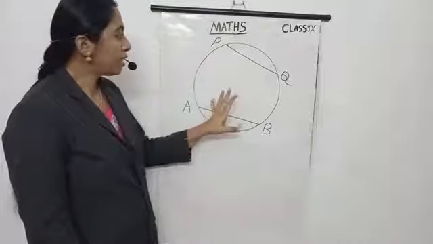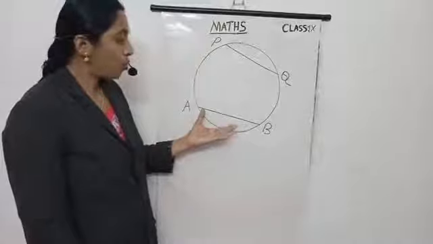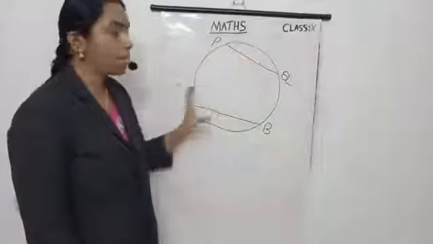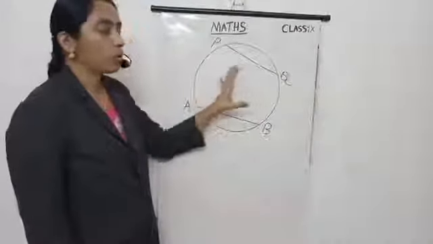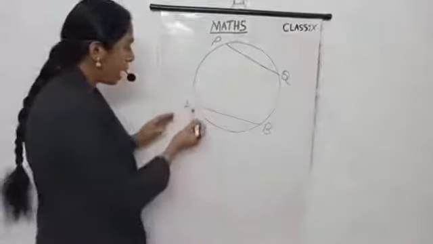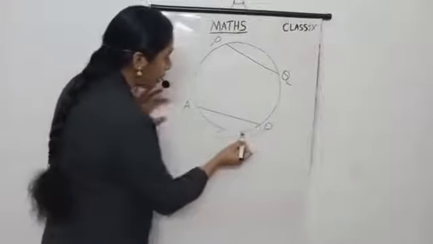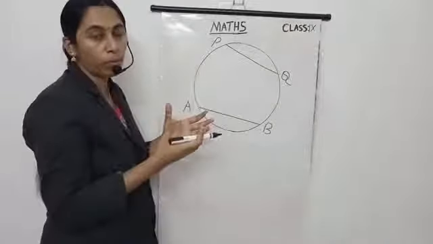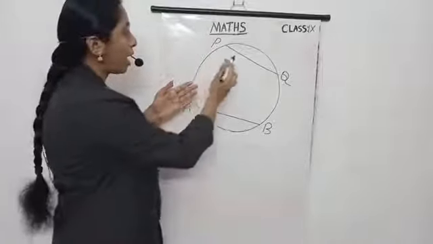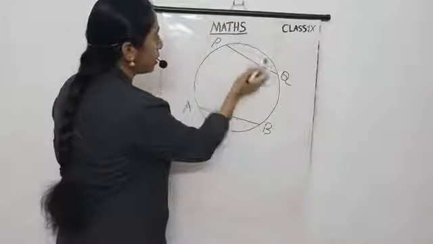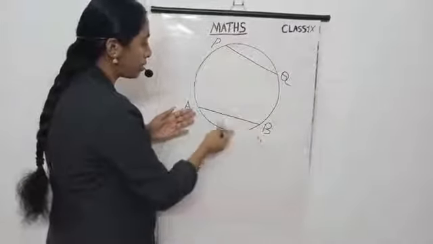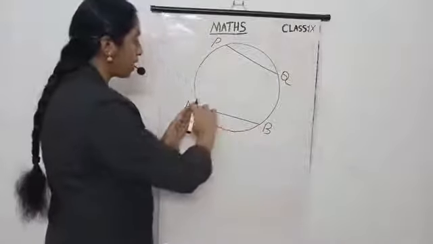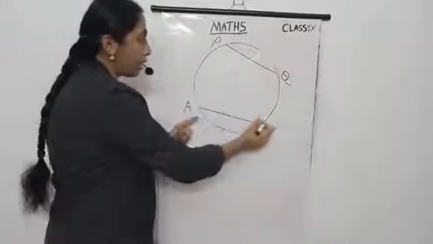Now consider a circle. Two chords are given, chord AB and PQ, such that both are equal. These two chords are equal. Then the arc made by this chord AB is a minor arc. You know about minor arc and major arc. And PQ makes an arc here. This is a minor arc. Both are minor arcs. Minor arc means the smallest portion of the circle.